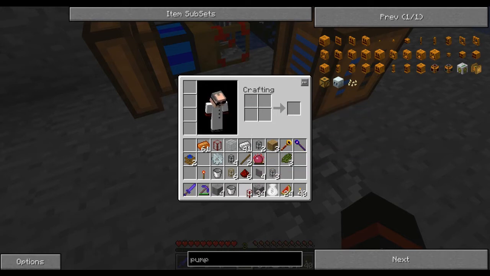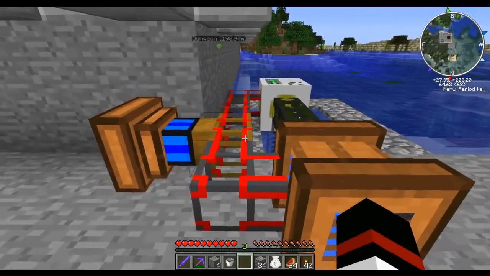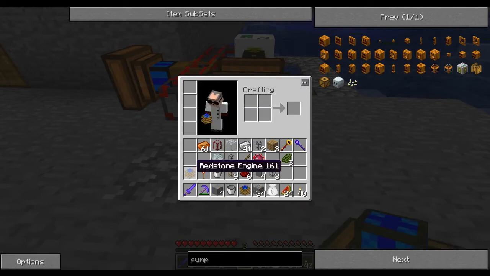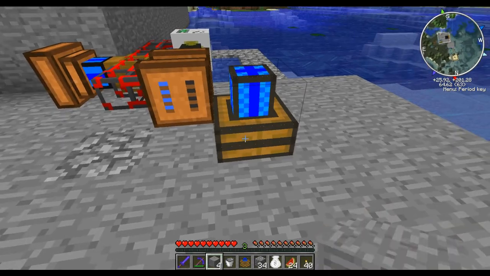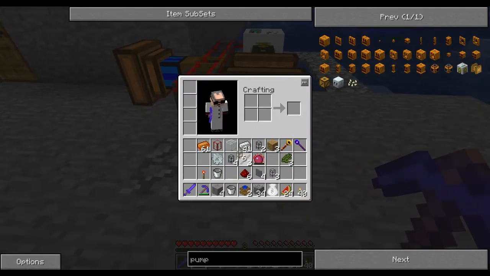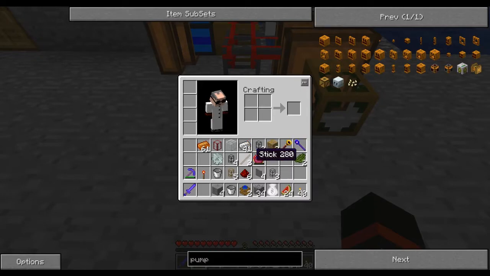Just one more here. I've now powered this machine as well. So I've basically powered two machines with one go. I'll now put a redstone engine here. Okay, that's not going to work. I need to put my wooden pipe and waterproof it. And then